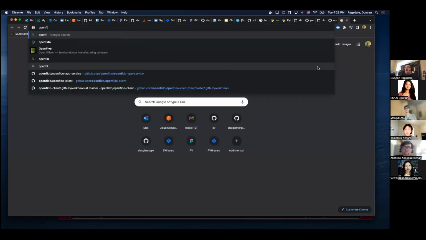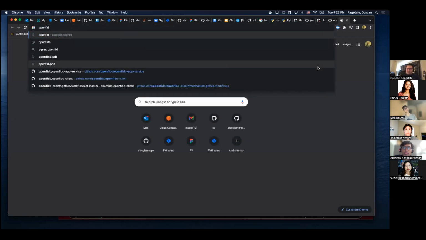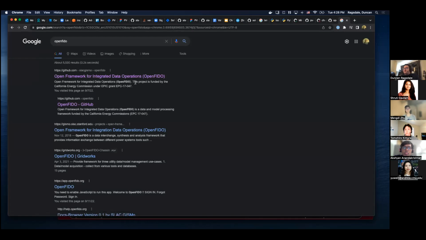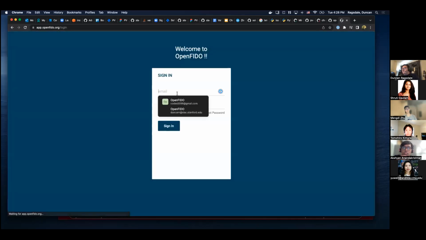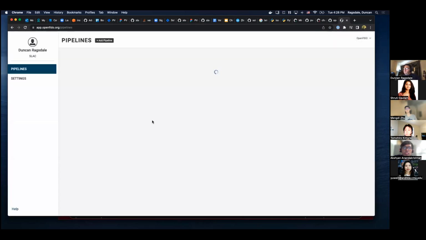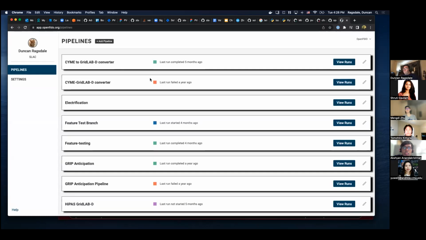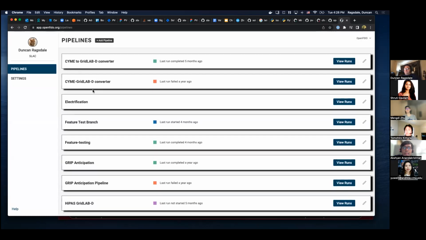And so if I want to go to, say, OpenFIDO, there should be a web page I can go to for it. App.openfido.org. Is it this one or this one? I think it's this one. Nope, that's the wrong one. Simple sign in, boom. And so this is all the front end plus back end that can be assembled, but